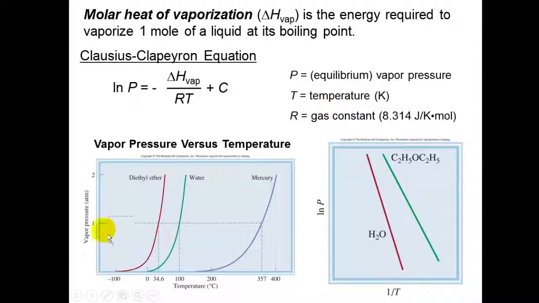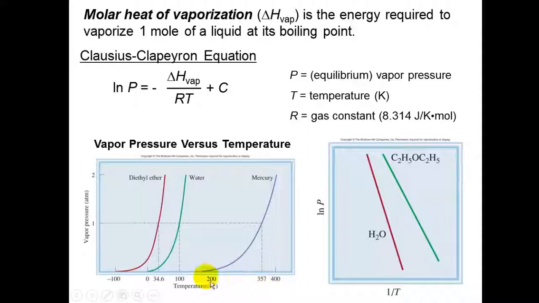Another thing is the vapor pressure at 1 atmosphere. At the temperature where the vapor pressure is at 1 atmosphere, that's usually the normal boiling point. So the normal boiling point of water in this example is at 100 degrees where it hits 1 atmosphere vapor pressure. At 357 degrees, mercury exerts a vapor pressure of 1 atmosphere, so the normal boiling point of mercury is